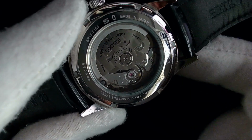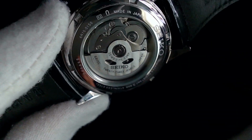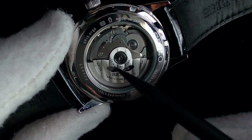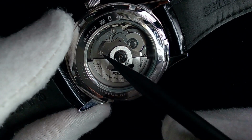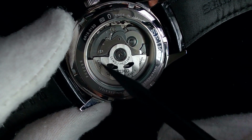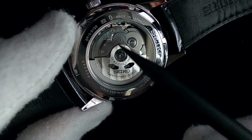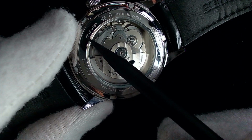And so it's got a rotor on it, which means it's an automatic watch. And let's just fling this rotor, and as this rotor turns, then this watch winds. So there's no need, once you're wearing this watch, to wind it, because this watch rotor will rotate here, and there's some gearings in here that allow that to wind in either direction, and that is a Seiko proprietary design. I have in fact taken apart quite a few watches with this proprietary design, not the 6R15C specifically, but other watches. So this watch is made in Japan, as it says,